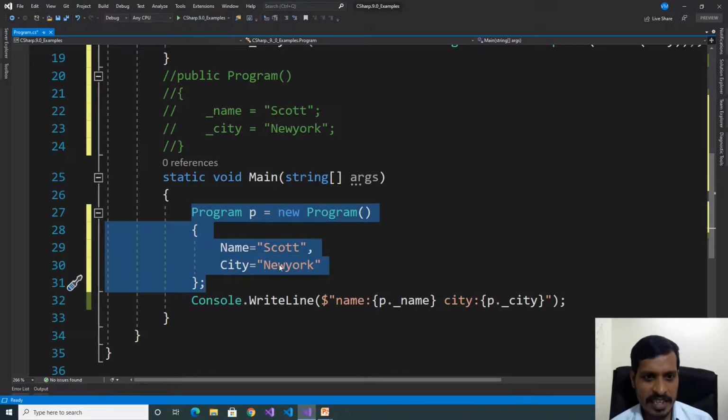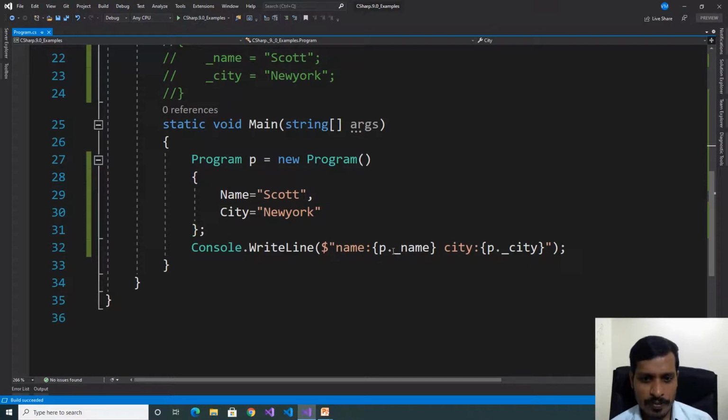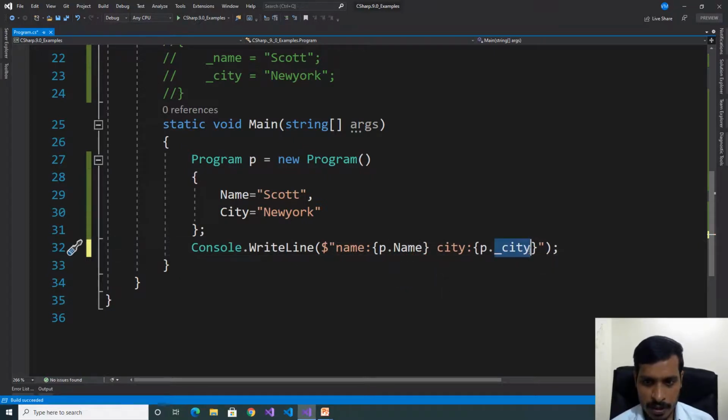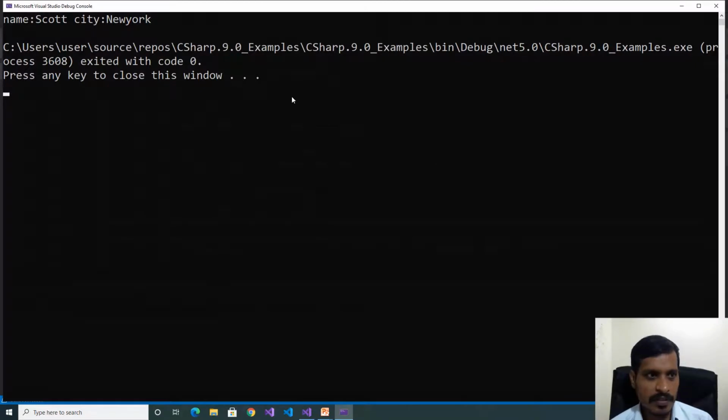Through the object initializer we are assigning the values. Get is used to read the value, init is used to assign the value. Here we need to change the code. In place of the variable, change to the property name. Here City. Now execute the program, Ctrl F5. We are getting output as name Scott, city is New York.